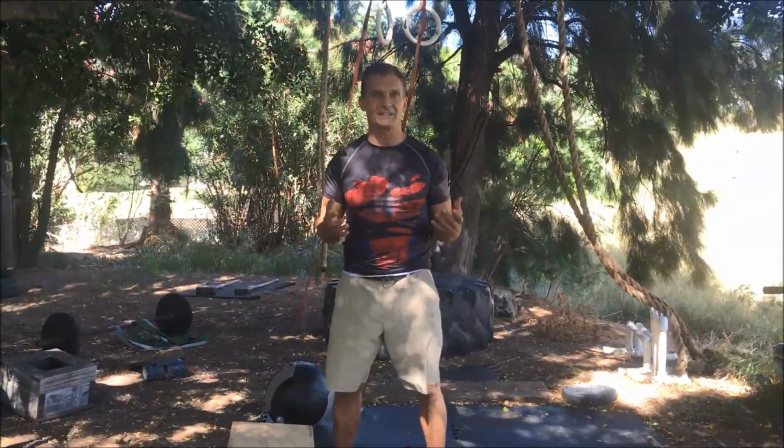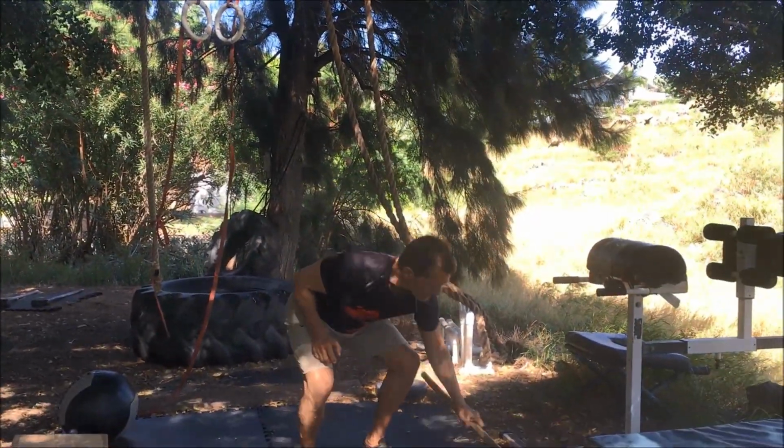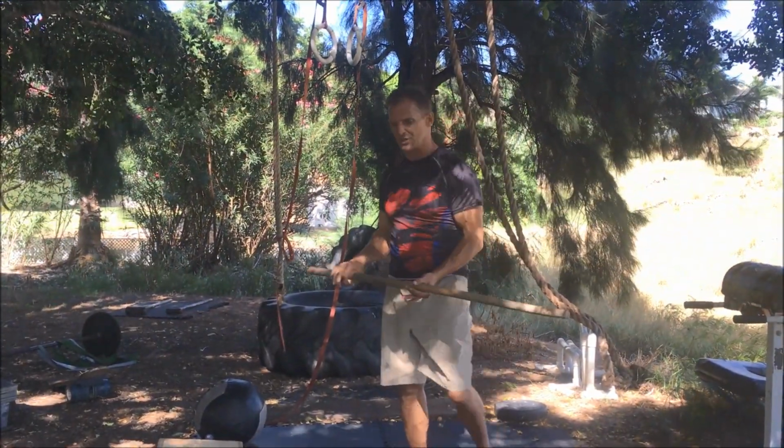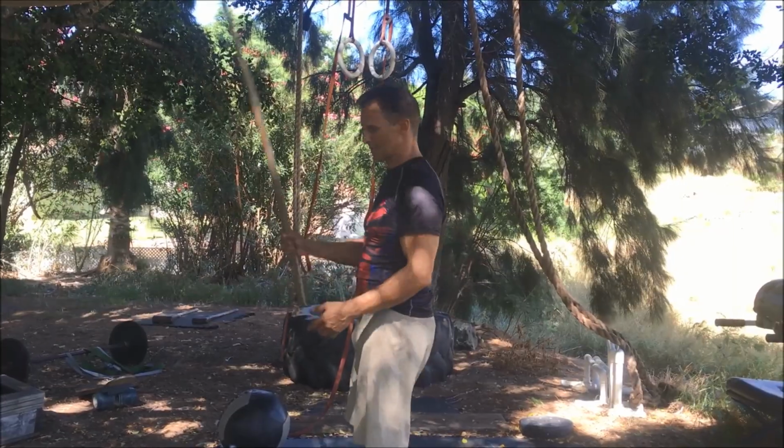Now that's a forgotten but very natural movement. It's just forgotten because most people have never experienced a situation where they had to do it in true life and without getting hurt. So they don't know how to use it. So the thing about the hinge is, and I'm going to show you a good drill that will help you learn the hinge. So you take a straight stick, you can get a broom handle or a dowel rod,